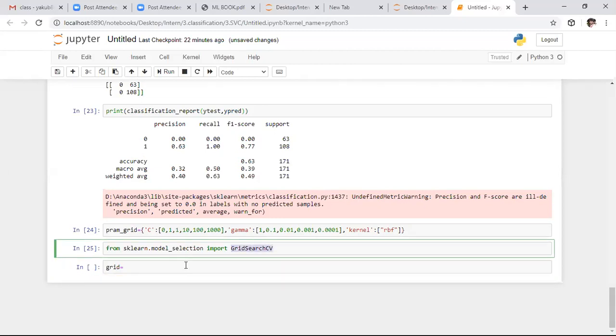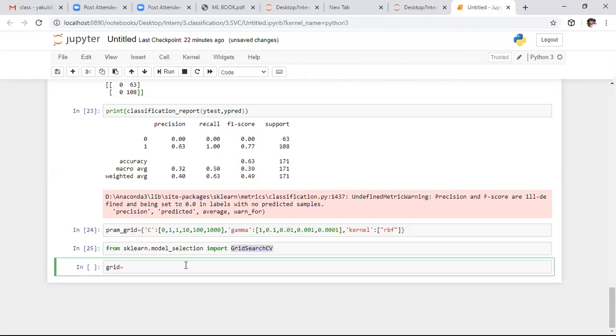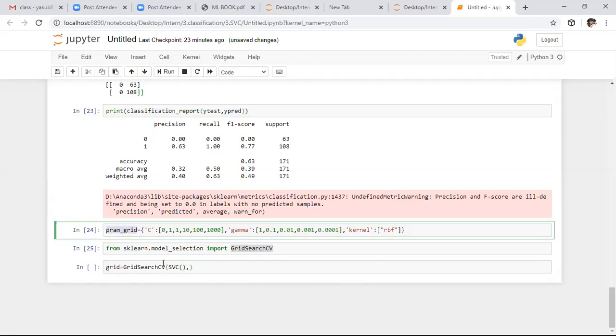After this, we need to fit all these parameters. Here we need to input the SVC object. In this, we need to specify the param_grid, so I'm specifying the dictionary.